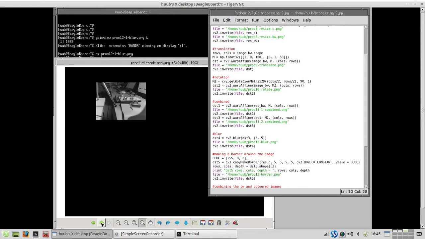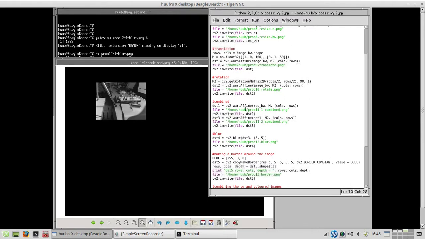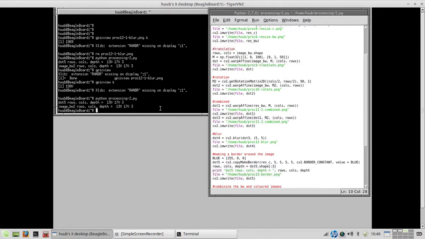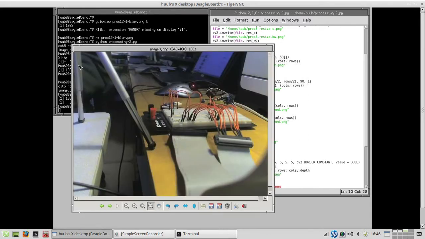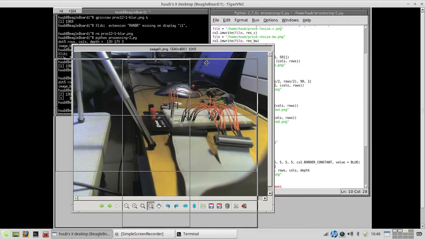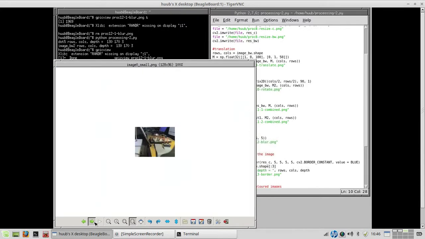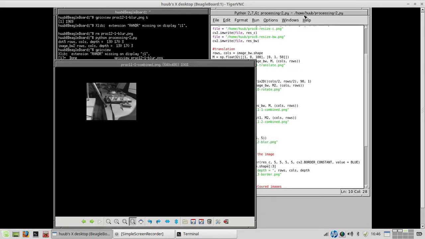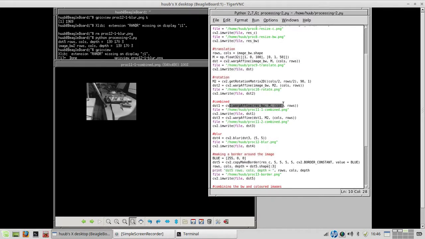Cool. 11.1, which are right here. It skips 11. It skips 11.2, so let's see how this will work. See, this warp-fine with the resized black and white image puts it here,